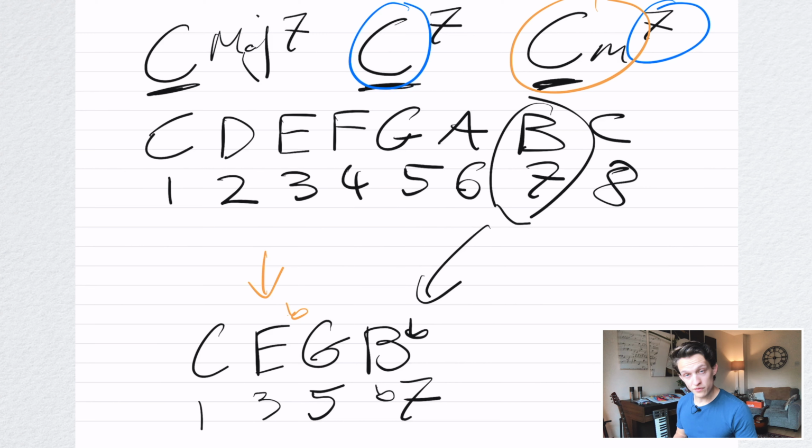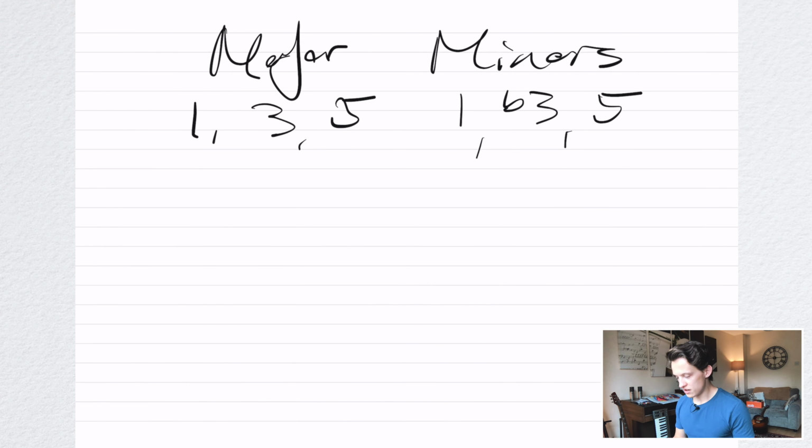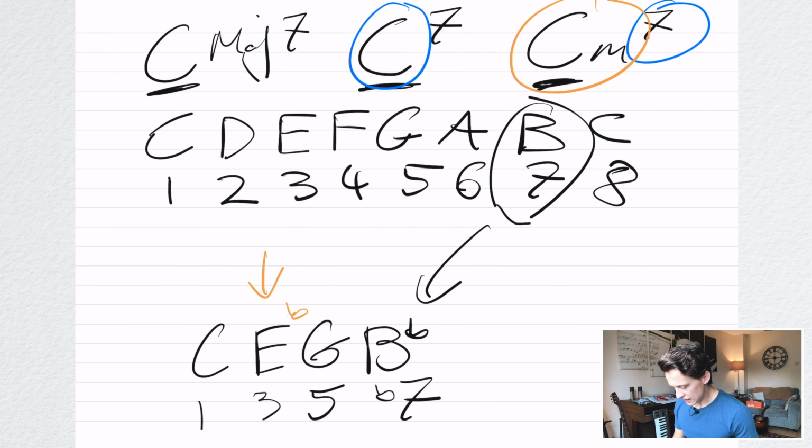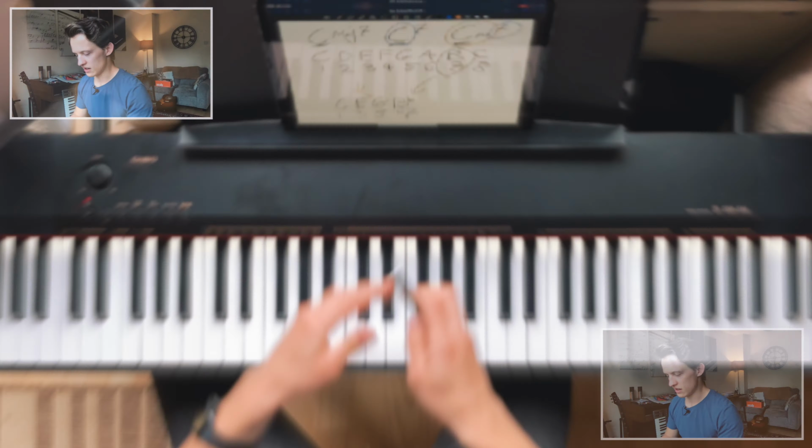So it's a C minor chord, the C minor triad that we had from last time, 1, flat 3 and 5, and we add it in to our full chord of 4 notes, and we have C, E flat, G and B flat. 1, flat 3, 5 and flat 7. And that just sounds like this.